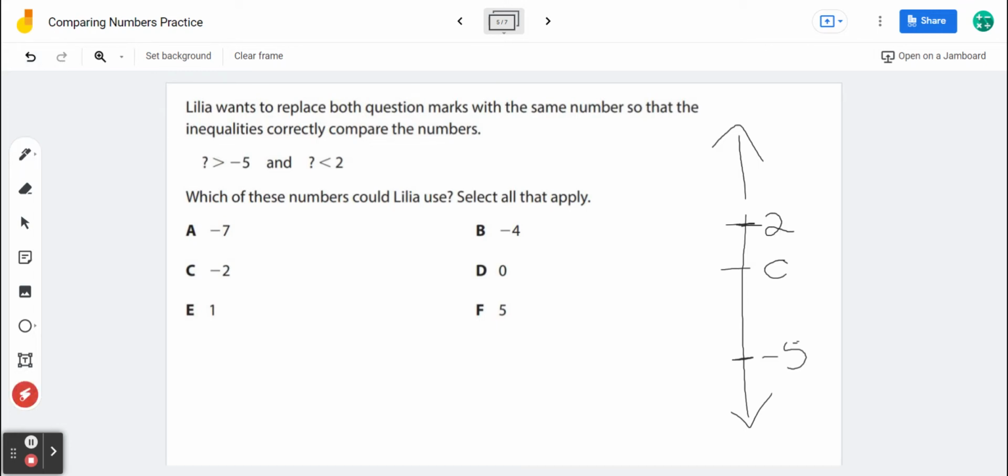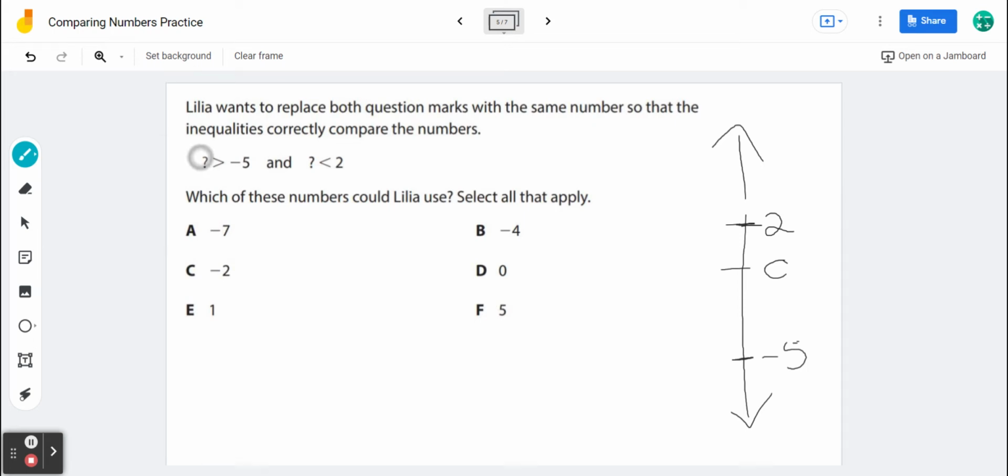And then we're just supposed to put these numbers and see which one is greater than -5. What does greater than -5 mean? That means any number that's above -5 and less than +2. That means under +2. So we're looking for like this sweet spot. So if I draw this in